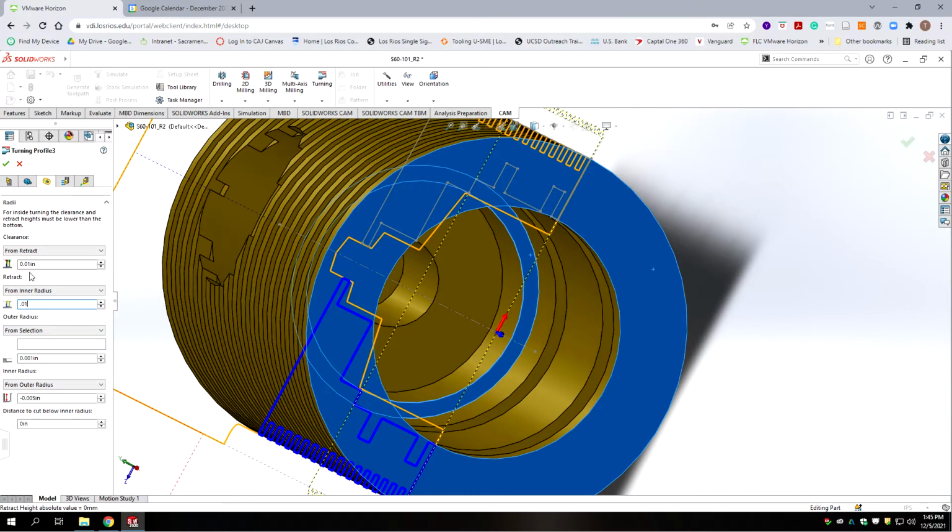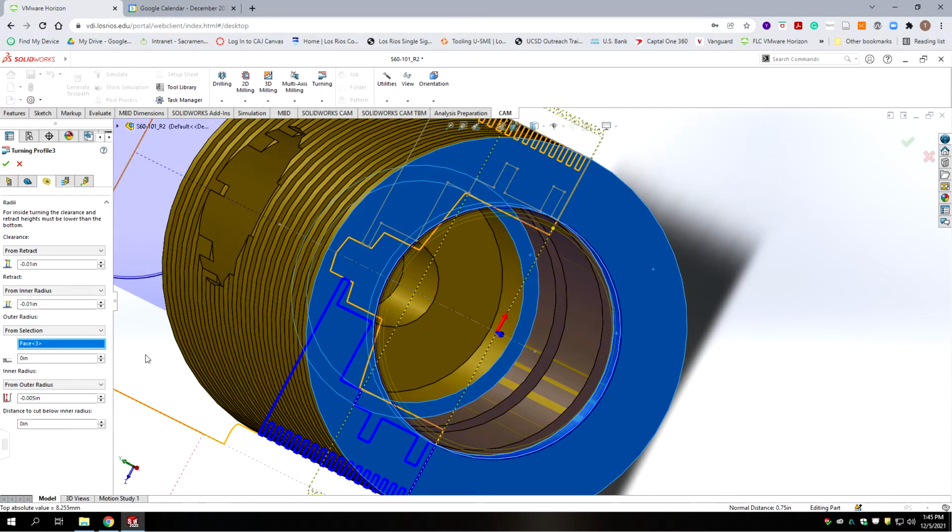0.01, and I believe those need to be negative values because we're currently an interior feature. And then we're going to move on to what's our outer radius. So it's from selection, our outer radius is going to be one of the larger diameter. And then our inner radius, we're going to set that as,